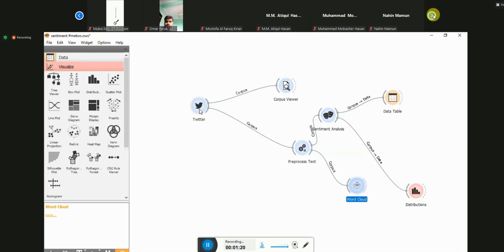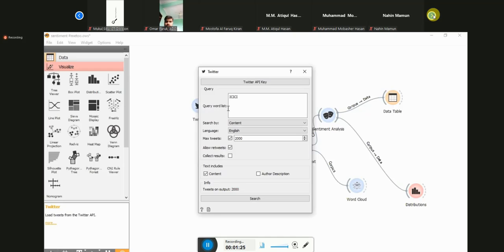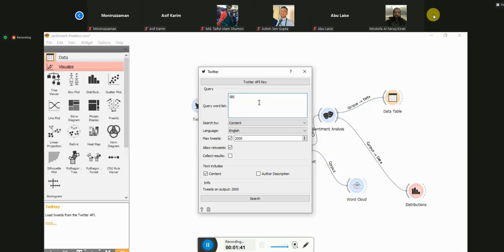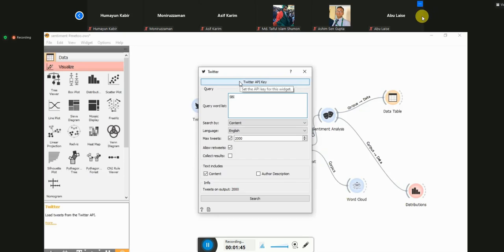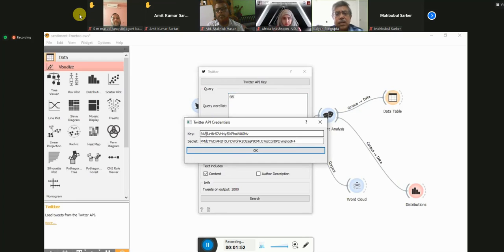You can double click. This is the tweet handler, and I can use SBI as the search item. You need to give a special access key, called the Twitter API key, which I have already collected from Twitter.